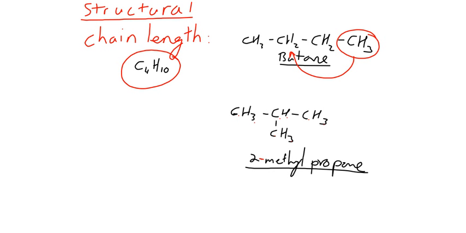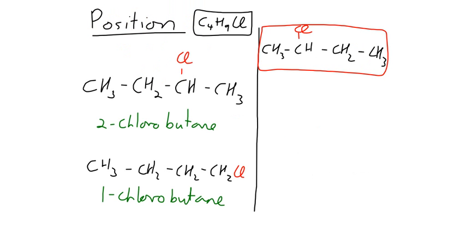Right, so let's have a look at our second of the structural isomers, which is position isomerism. So now we look at the molecule C4H9Cl. So again, a butane, but a chlorobutane. And where we put our chlorine determines the position and positional isomers. So if we have our chlorine on our second carbon, as illustrated in this first example,